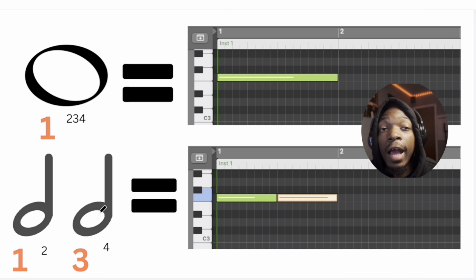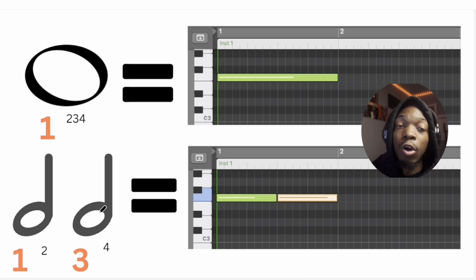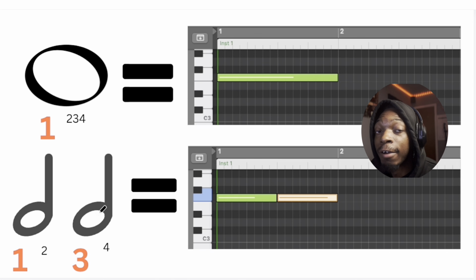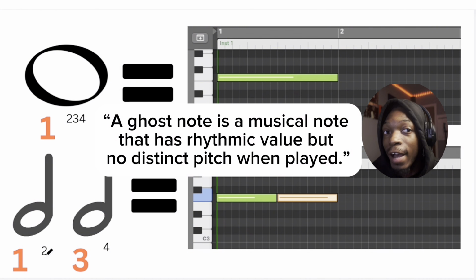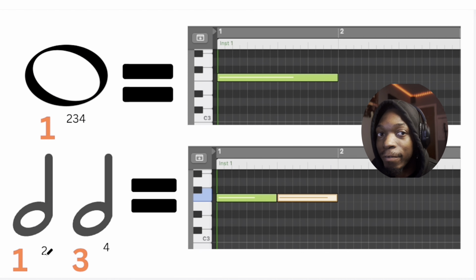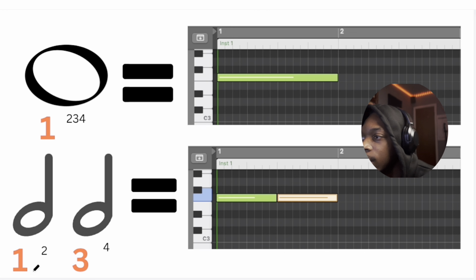All right, so now we're on half notes. Half notes hold out, like I said, half of the value of a whole note. So half notes is 1, 2, 3, 4. That's why I got these numbers like this. And so on the 1, and then you got the 2. I put these as ghost notes, so it still holds that value, but you're not really hearing that value because it's holding it out. But I put it there so it still has a value in place. So it's 1, 3. So that's how it looks right here